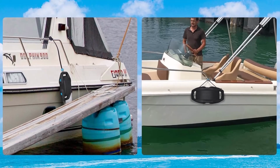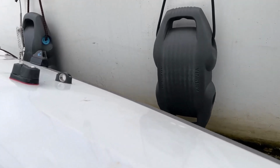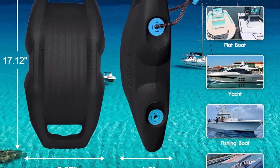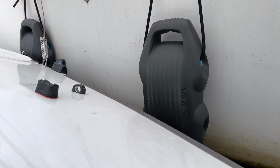waters. Measuring 17.12 inches by 8.27 inches, they are designed for optimal coverage and protection. The general recommendation is to use 1 bumper per 10 feet of boat length, with at least 3 bumpers for boats under 30 feet. Their versatility makes them suitable for yachts, pontoon boats, bass boats, ski boats, fishing boats, and